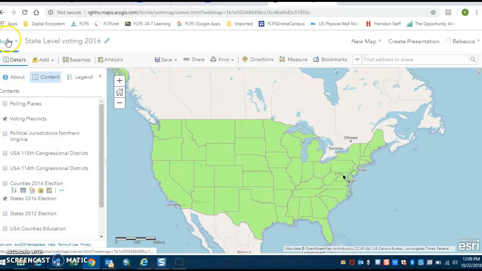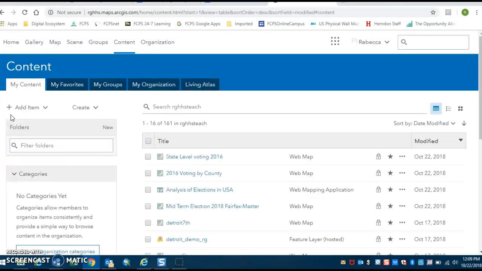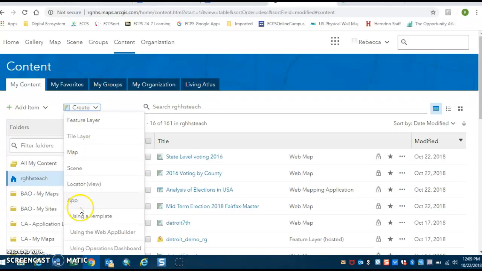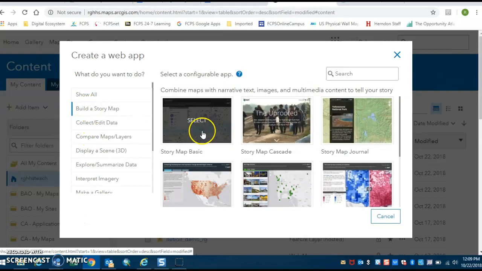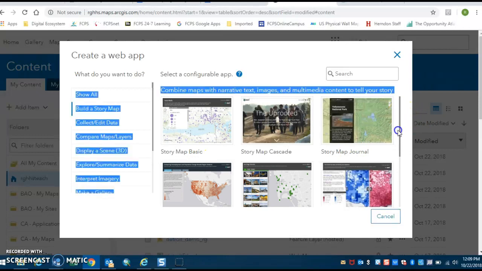And then I'm going to go back into my content because I want to then create a web mapping application. I can create it from over here, and I'm going to use a template. We talked about building a story map last class. You can choose, I would suggest using either,